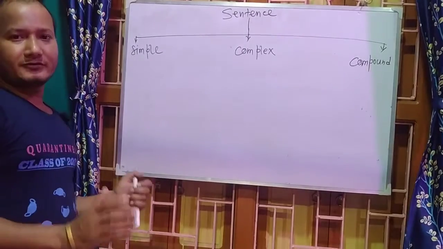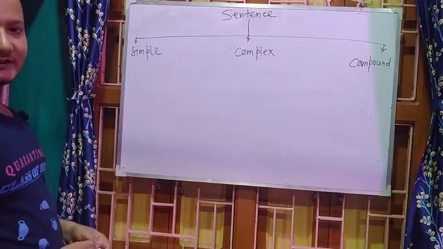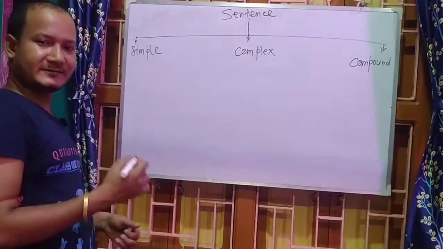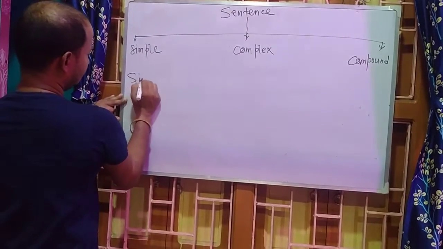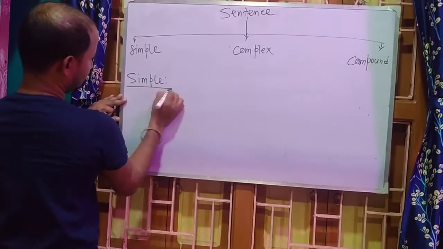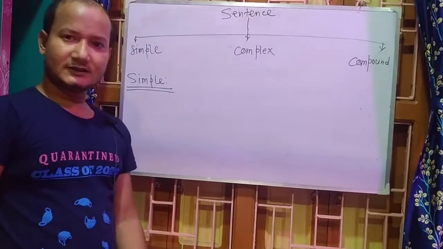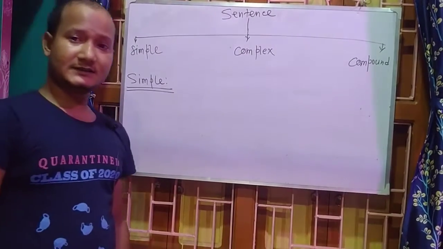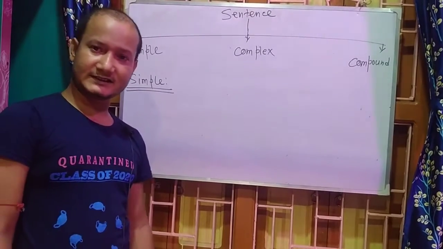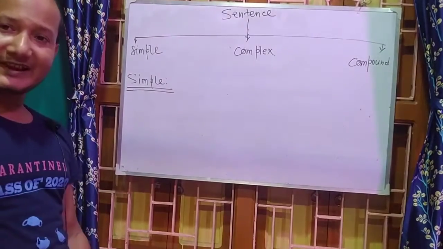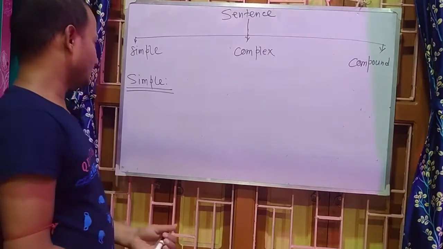Clear? So now we need to know the definition of all these sentences. So what is the simple sentence? I am explaining one by one. Simple. A simple sentence is a kind of sentence that has a finite verb. Obviously, it may have non-finite verbs also. So for an example,